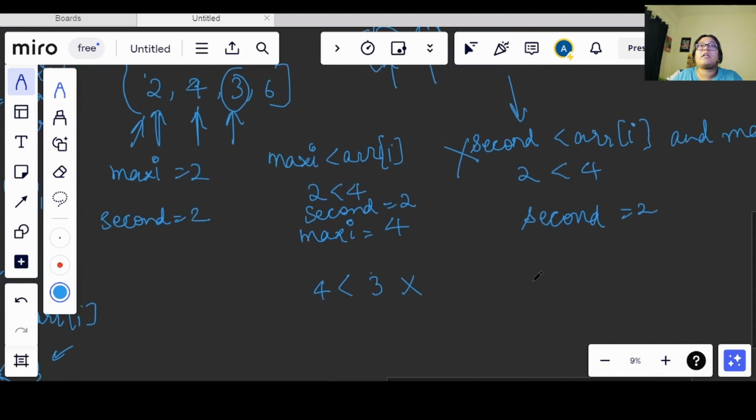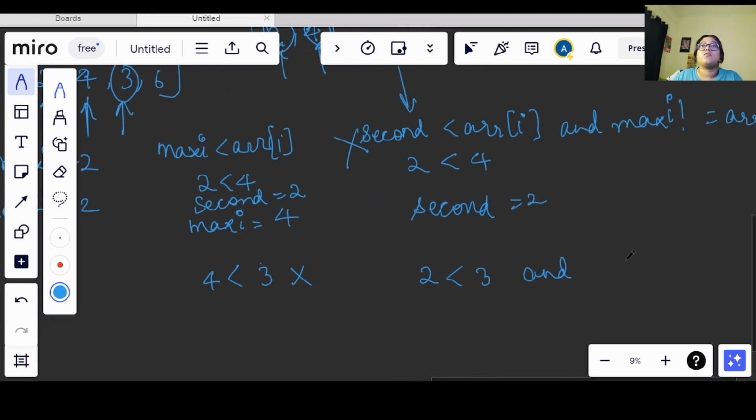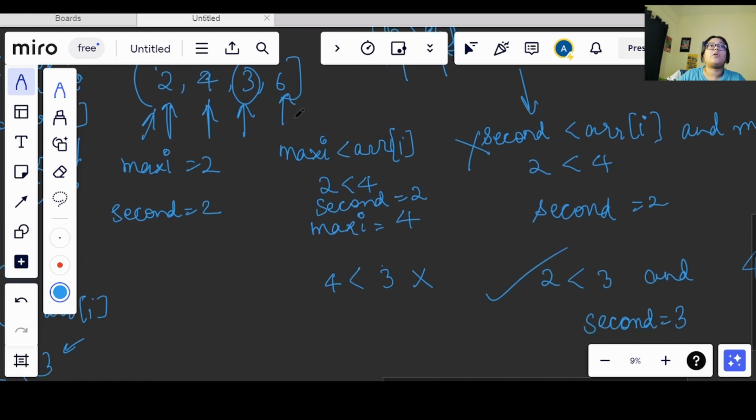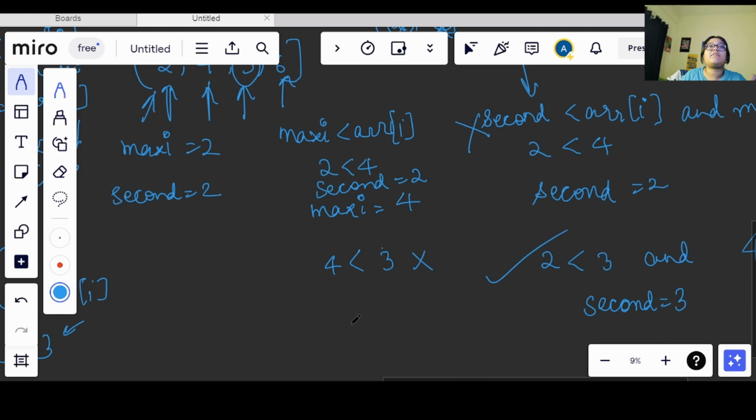If the value 2 is lesser than 3 and 4 is not equals to 3, both of these conditions become true. Now what will happen? My second will get updated and it will become 3, right? After this I will come here, right? What will happen? I have the maximum value as 4.